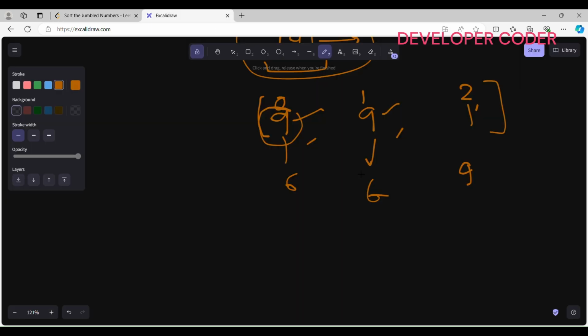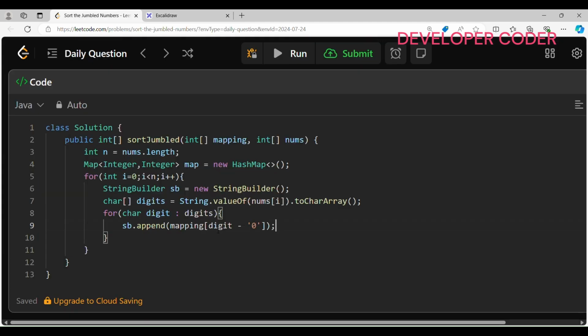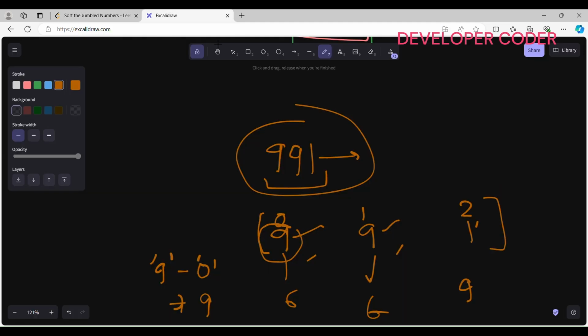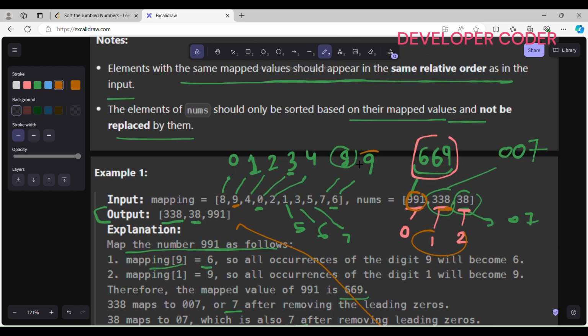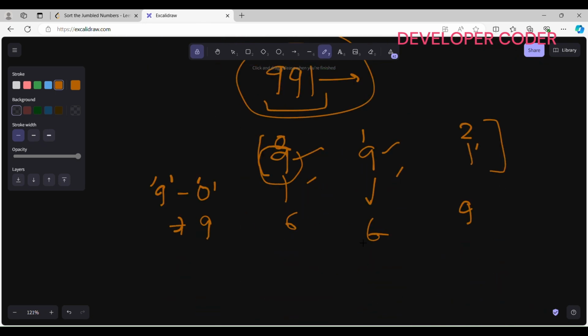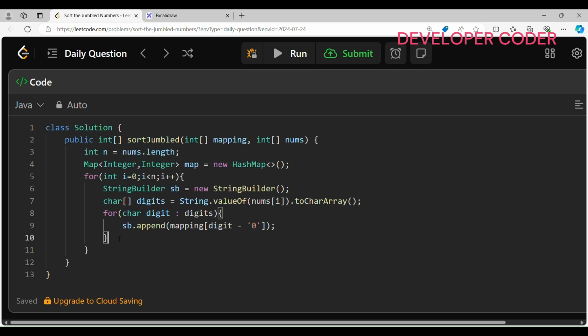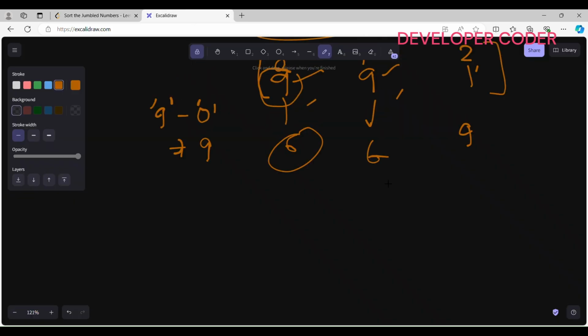First character is 9, so 9 minus '0', where 9 is a character, is going to give me digit 9. So mapping of 9, go to my mapping array. Mapping of 9 index is going to give me 6. So in my string builder I am adding 6 first. That's the simple meaning of this. Once I find this number 669, after that I need to convert this number back